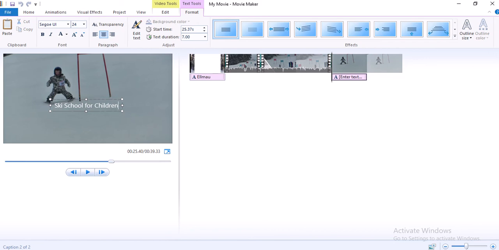Okay, the purpose is for this skiing. And then the location of the ski school. So the location is Austria. So maybe we can say, okay, so this information we can include here